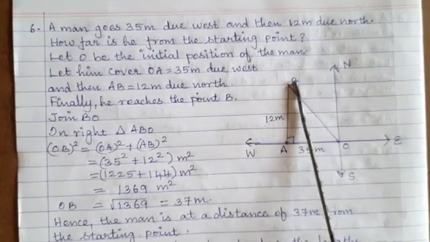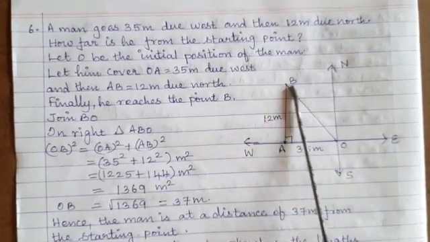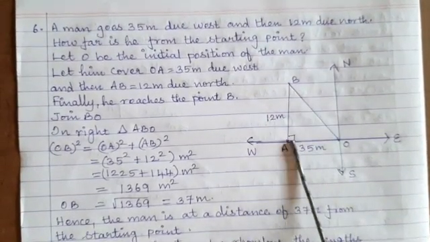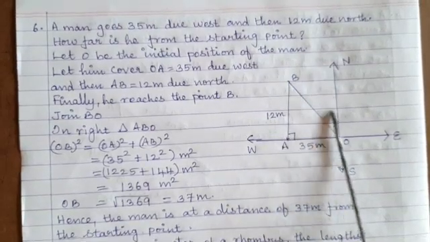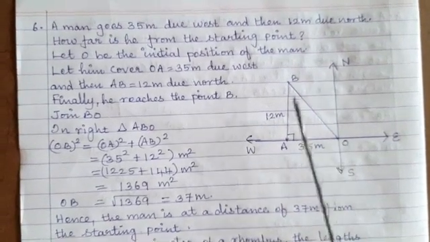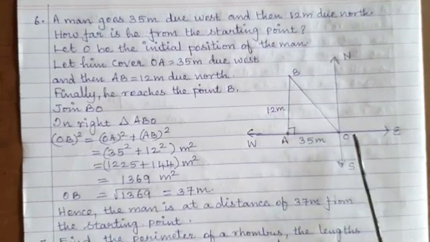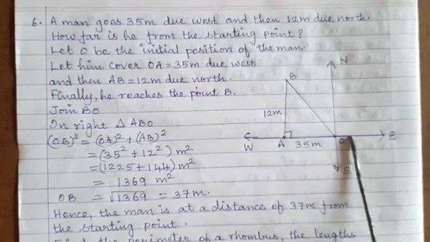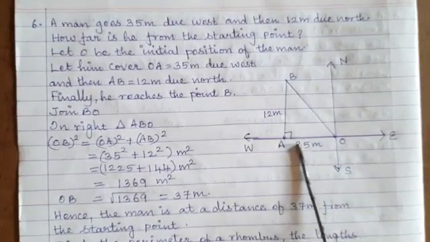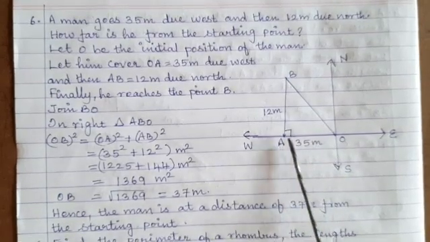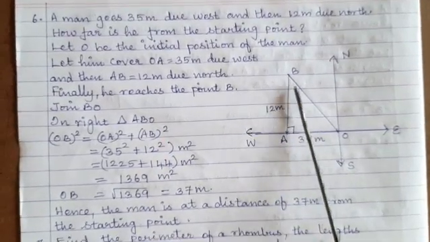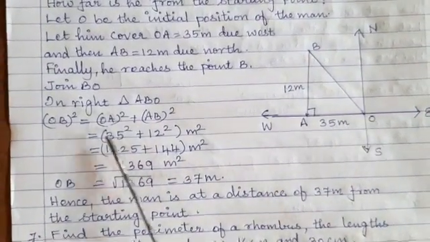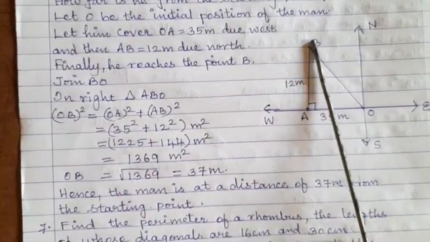Now we have to connect B and O, that is BO, and find out the length of BO. BO is opposite to the right angle, that is A, so BO is the hypotenuse. Now we have to draw the right angle triangle here. OAB is a right angle triangle and OB is the hypotenuse, and AO and AB are the legs of the right angle triangle. Now according to the Pythagoras theorem, we will take triangle AOB. OB squared, that is hypotenuse squared, is equal to OA squared plus AB squared.